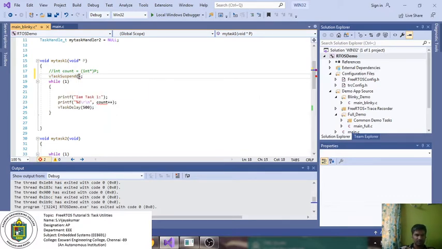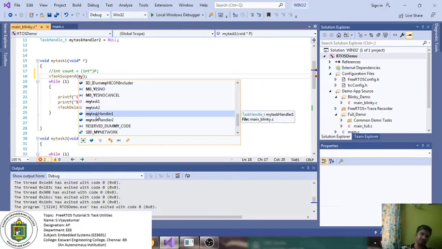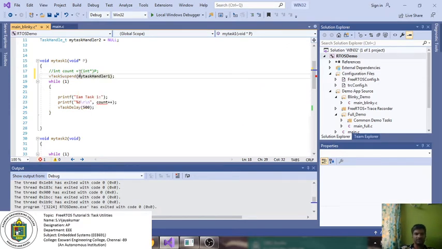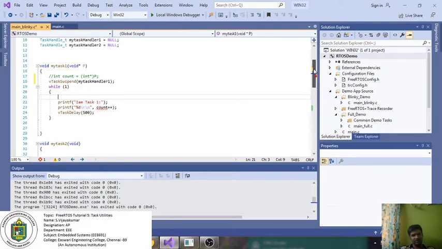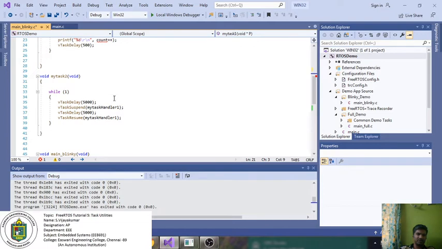My task handler. So that the particular task will suspend itself. Task one will suspend itself in the initial state itself, so that we can see through the task utility function whether the particular task is suspended or not. Initially we have suspended task one. Whatever it is printing, it won't print; in the initial stage itself, it will suspend itself. After that, I have task 2. In task 2 only, I am going to implement the task utility function. So the first utility function I am going to do is,